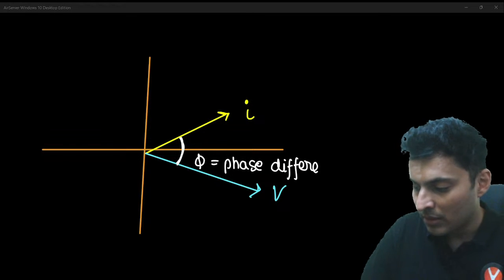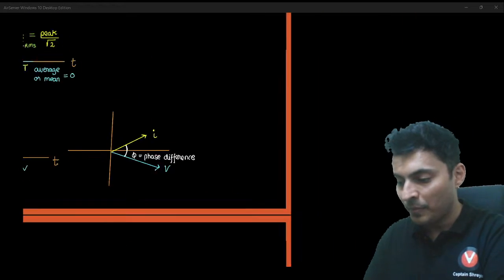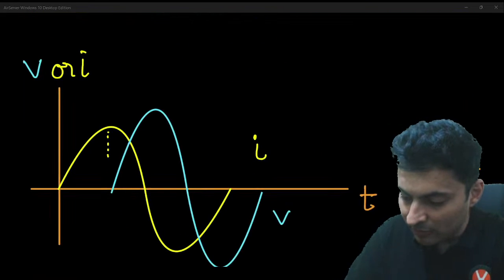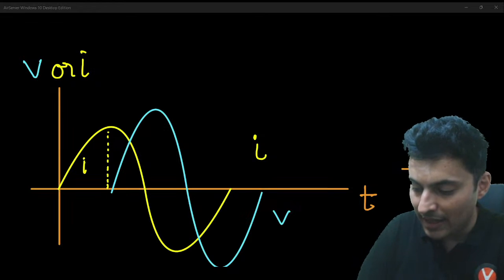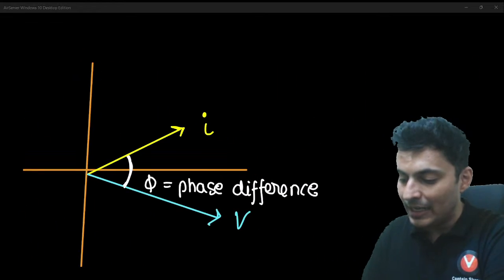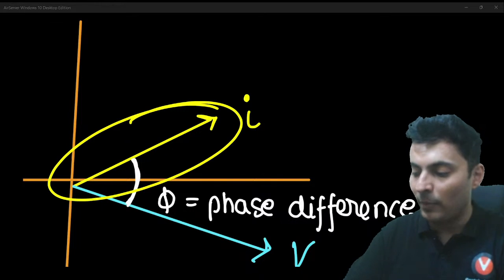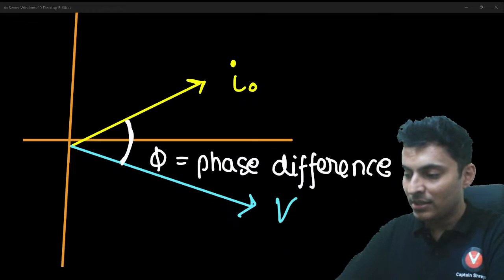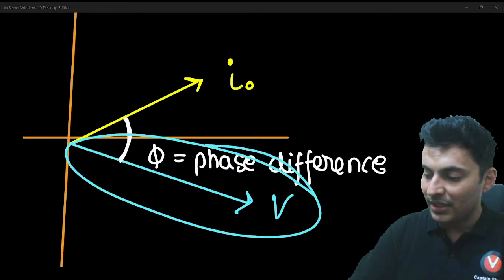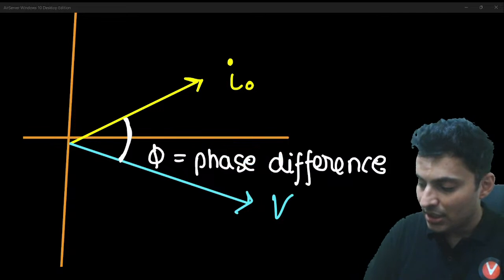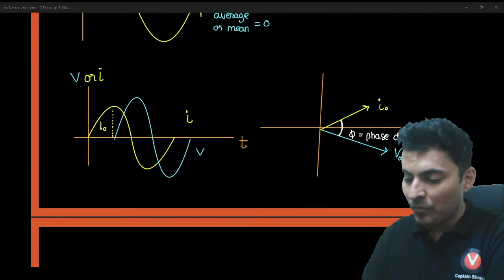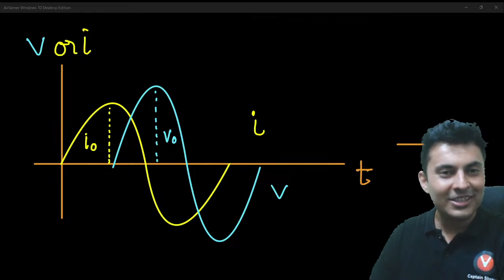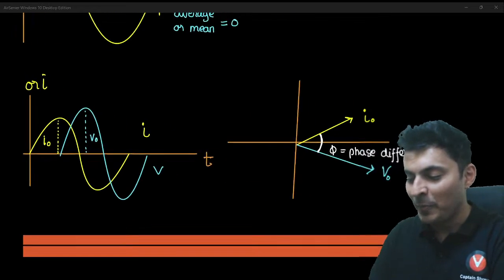Keep this in mind. This is called the phase difference. Please remember that whatever is the height of this current graph, let's say I call it I naught, will be exactly the length of this arrow mark over here. So the length of this will be exactly I naught. Similarly, whatever is the length of this phasor of the voltage will be exactly the height of this sine graph. This will be V naught. Okay, these are some things which you should know.